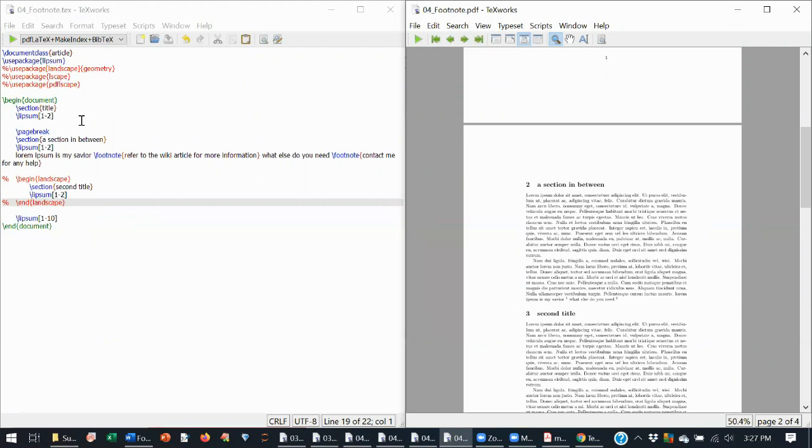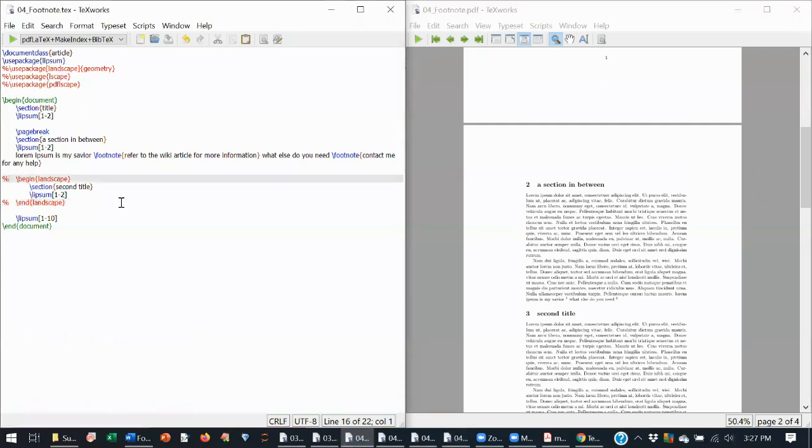If you want to convert a particular section into landscape, you can put these commands, begin landscape and end landscape, only for this section. I am using the lipsum package for creating this random text, so you don't have to bother about that.